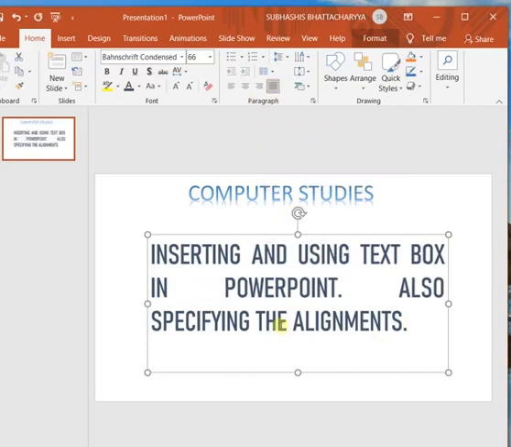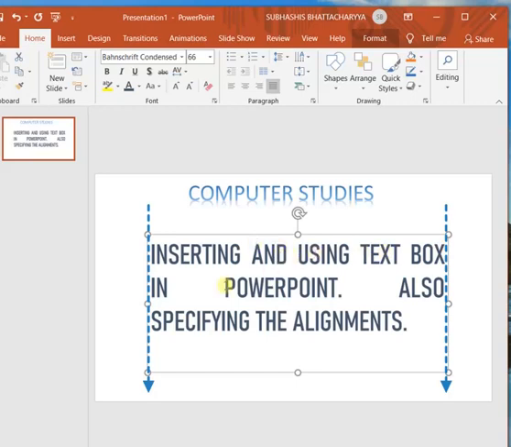See, in justify you can see that the left side is also uniform, the right side is also uniform. Uniform means even, smooth. On the left side it is very smooth, on the right side also very smooth. So it looks nice to the eyes.